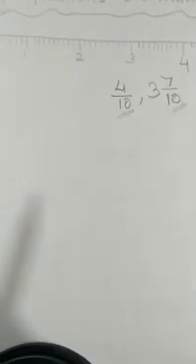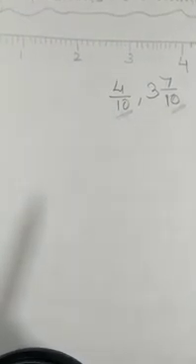This fraction has denominator 10, and in this mixed number also the denominator is 10. So that is why in this number line from 0 to 1 it has been divided into 10 equal parts. That is why we have drawn a number line like this. According to the denominator of the fractions the number line changes. We'll see that later. So if the fractions have denominator 10, you can show them on a number line like this.